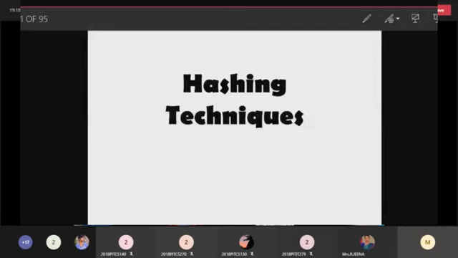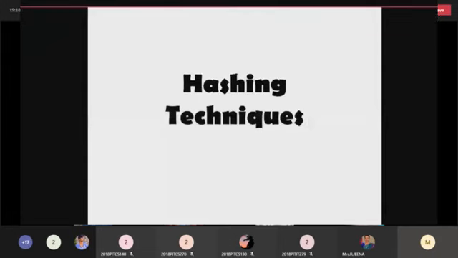So the next one is called a hashing technique. Hashing technique is mainly used to find an element, as well as to store and retrieve. We already discussed searching concepts like linear search and binary search. We try to overcome the drawback of linear search, that means n-time comparison. Then binary search means you have to take the elements in arranged order, then you can apply binary search. So the drawback will be overcome here.